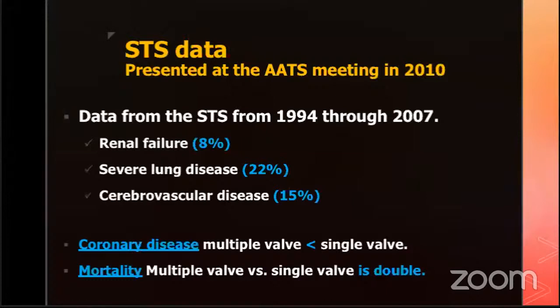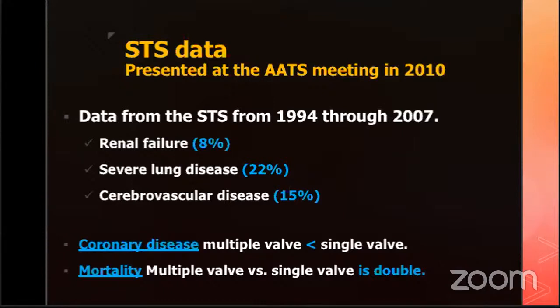The Society of Thoracic Surgeons data is the most comprehensive, which was presented at the American Association of Thoracic Surgeons meeting in 2010. In changing outcome characteristics of multiple valve surgery in North America, data from the STS from 1994 throughout 2007 found that today's patients are more likely to have renal failure of 8%, severe lung disease of 22%, and cerebrovascular